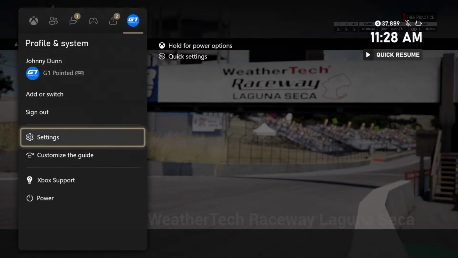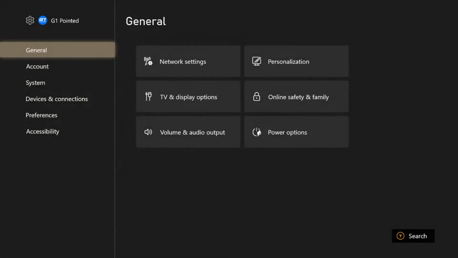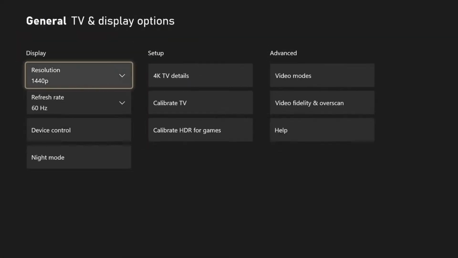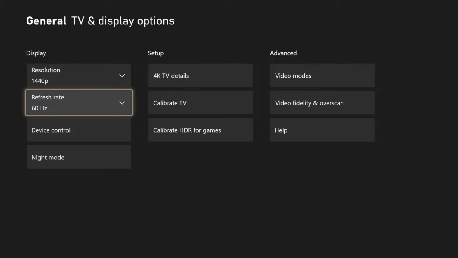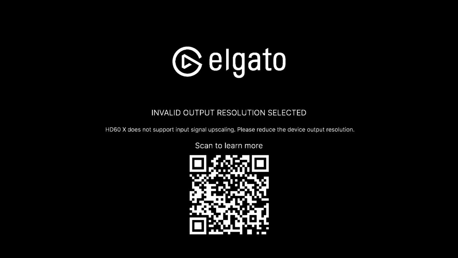Because if I do this, right? If I go to settings here and I go to this, it's only running at 60. So when I change it to 120, essentially I should still have video, but I'm getting no signal. Alright, I'm getting no signal.